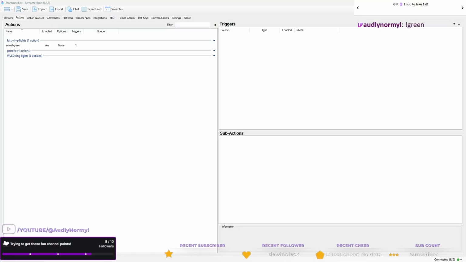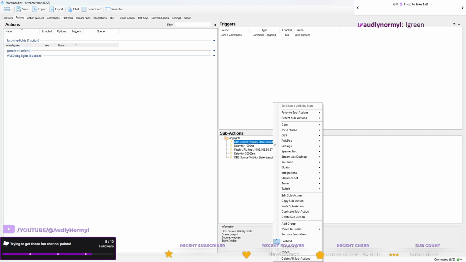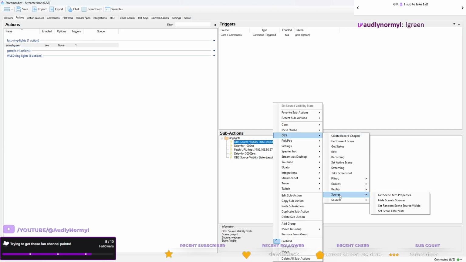That did not work. It did not change the scene, though. The source, I mean. No. So the lights did change, so that part of the trigger is still working. But yeah, that source visibility thing, I don't know why it does not seem to work.